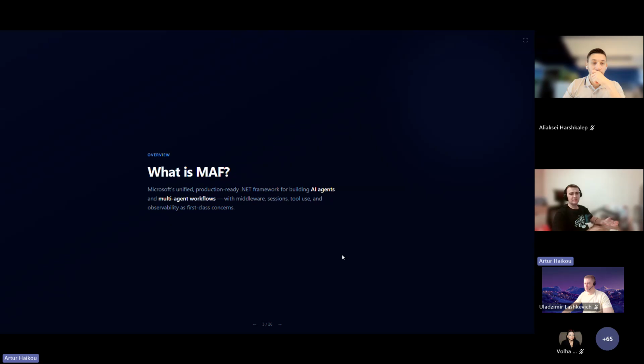So, but what is Microsoft Agent Framework? It's a production-ready framework for building agents and workflows. Of course, since this was made for the .NET community, we can say that it's a .NET framework, but in reality it supports Python as well. And to be honest, new features are delivered to the Python stack faster than in .NET. If you want some new features for Microsoft Agent Framework, in this case, yeah, Python is the best choice.